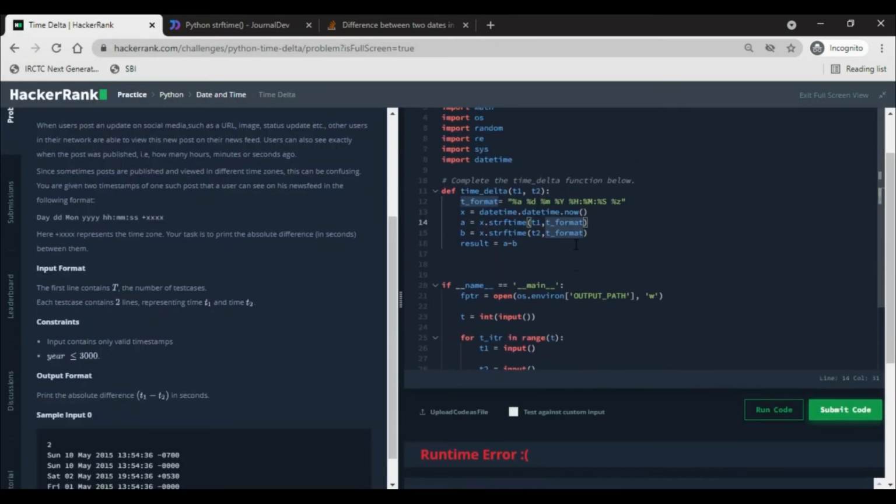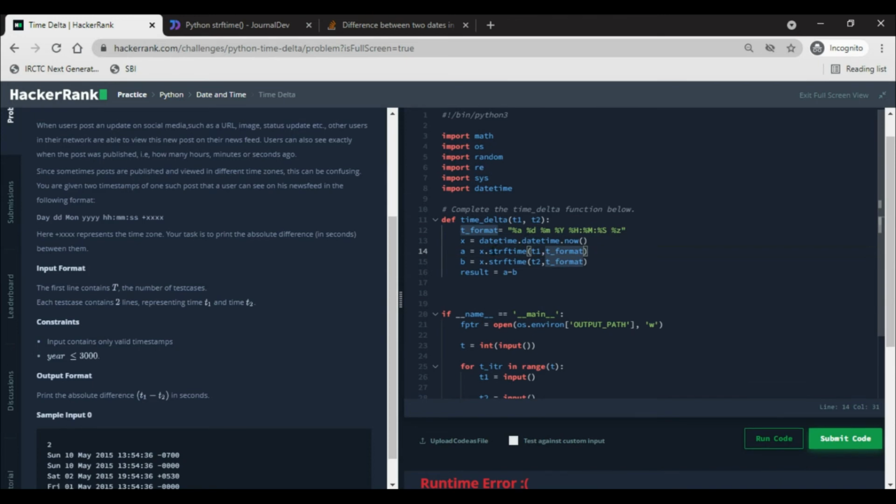Okay. Datetime dot strptime. Here datetime. So this is not required now. Datetime strptime, import datetime from datetime.